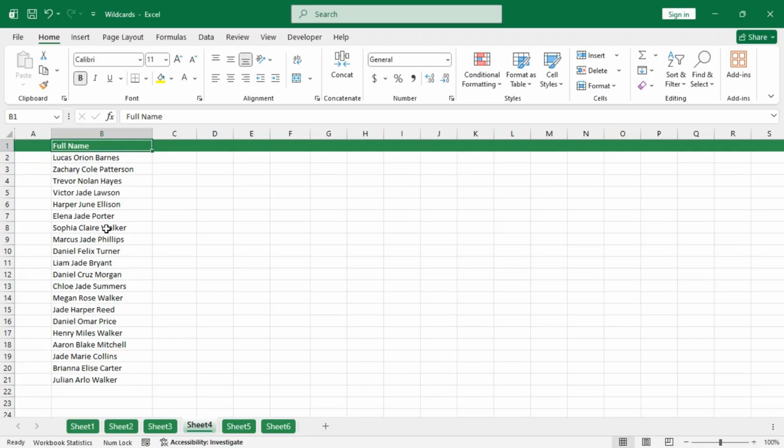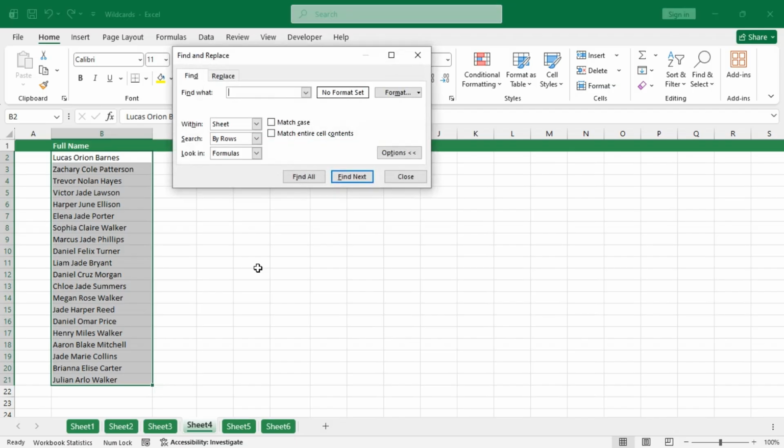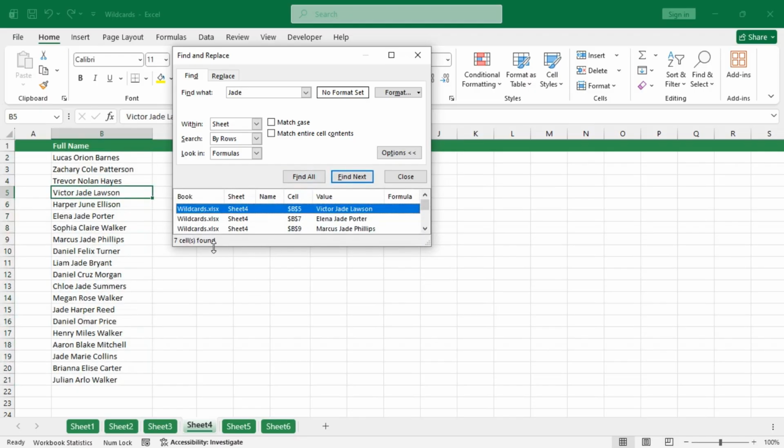Now let's see how to use the wildcards in the Find and Replace tool. So Control F, let's find the same, let's say Jade, Find All, we get 7 cells. Now if I just put an asterisk here,